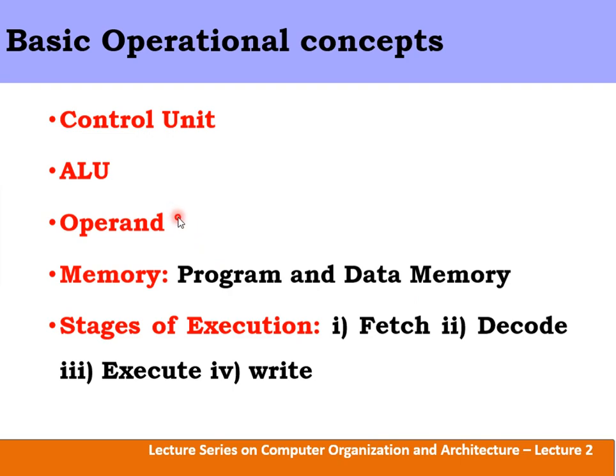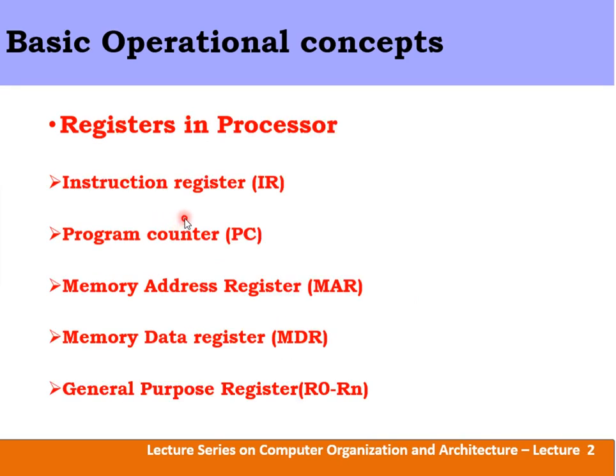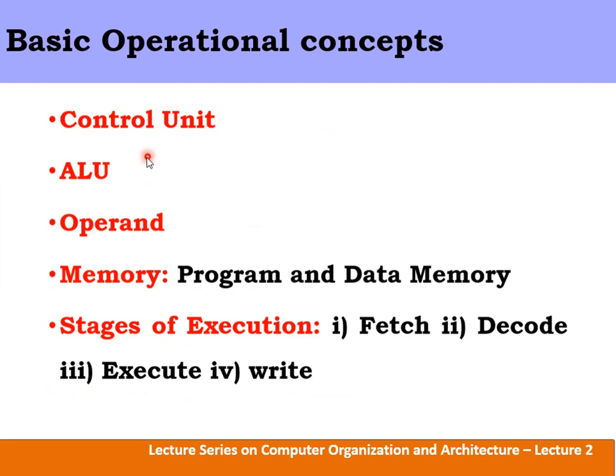So we have discussed what a register is and the types of registers, and I have discussed the control unit and ALU. All these things are available in a processor. Next we have discussed one important concept called an operand. Operands are nothing but data. Coming to memory, we are going to make a classification depending upon the type of information that is stored in a memory. One is called a program memory and another one is a data memory. Program memory is where the program is available, and data memory is the part of the memory which is going to hold the data.